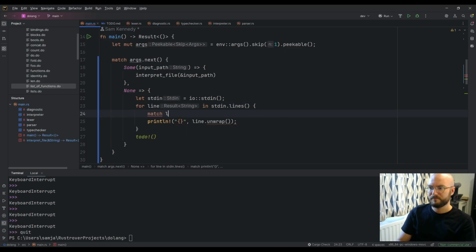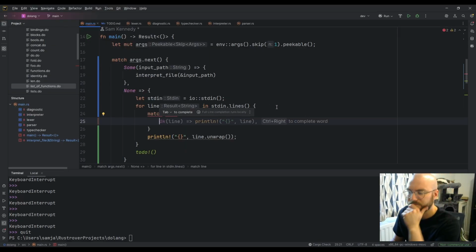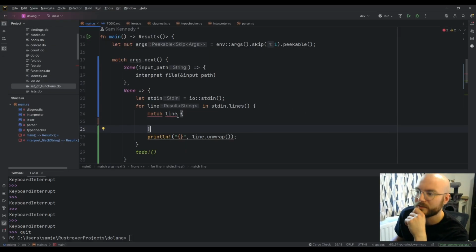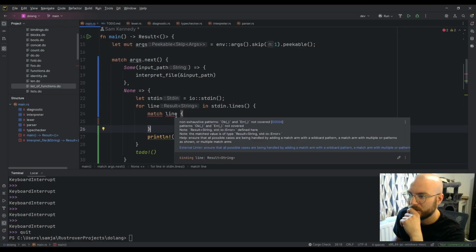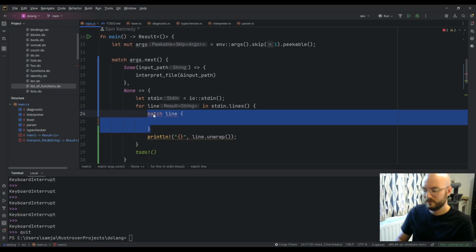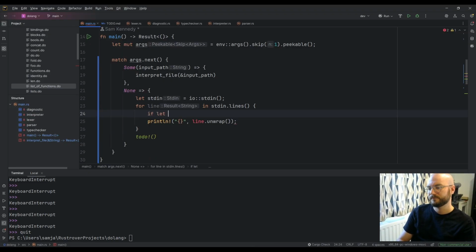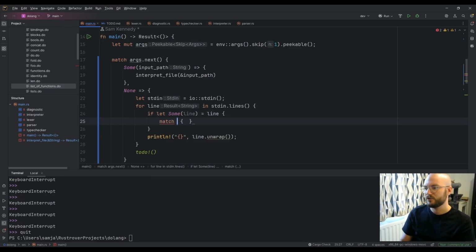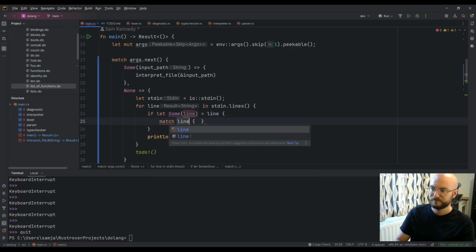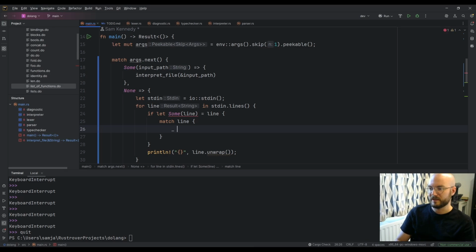So we can probably do that. We can match line. Oh, that's a result. We can just say if let Ok line match line, and in the default case we just print the line.